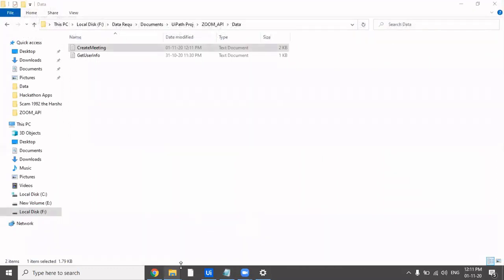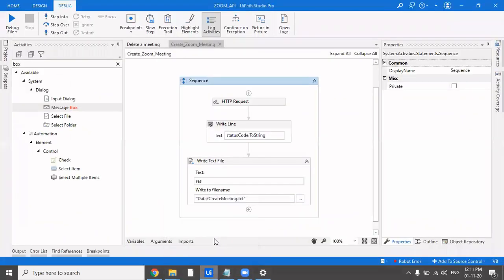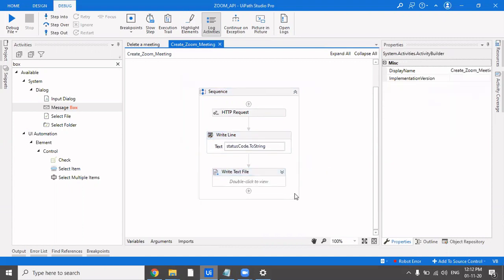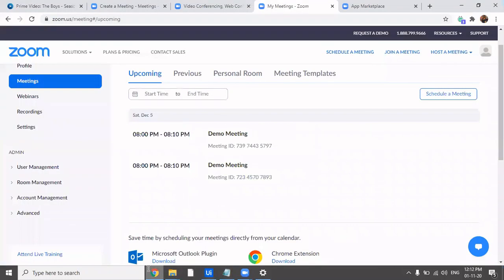So the usage I can tell you is that once you have created a meeting using this particular thing, you can get the meeting URL. You can embed that meeting URL into a customized Gmail invite and send it to all your participants. And how to do that, I'm going to show. I'm even going to show how you can create dynamic emails. Before that, let's go here.